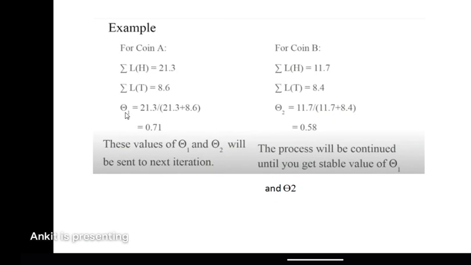Now to calculate theta 1, applying the same formula as in the previous one, sigma LH upon sigma LH plus sigma LT. So you obtain theta 1 as 0.71 and theta 2 as 0.52. So these values of theta 1 and theta 2 will be sent to the next iteration, and the whole process will be repeated until we get the stable values of theta 1 and theta 2. Right? So this is all for the